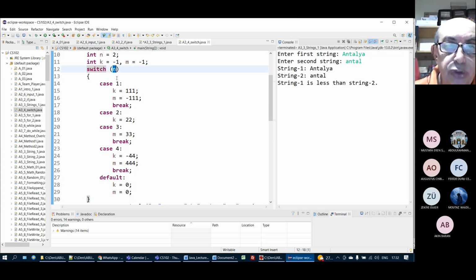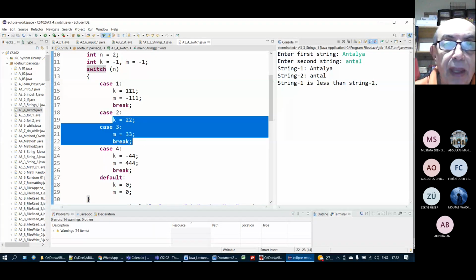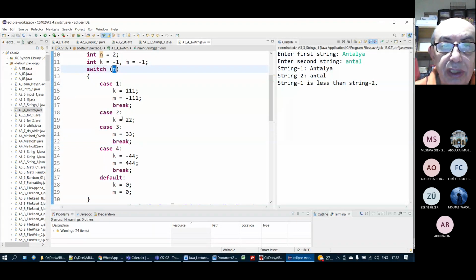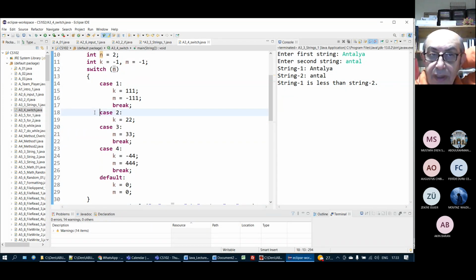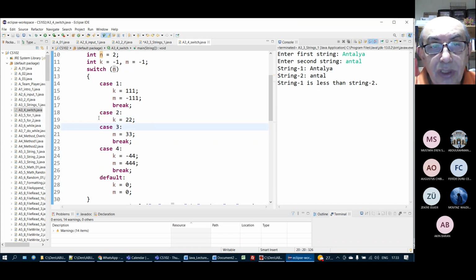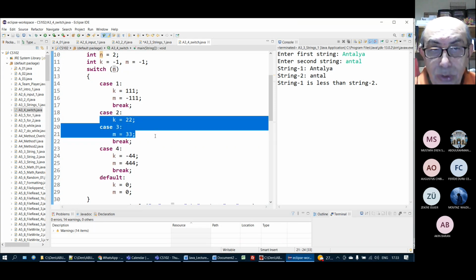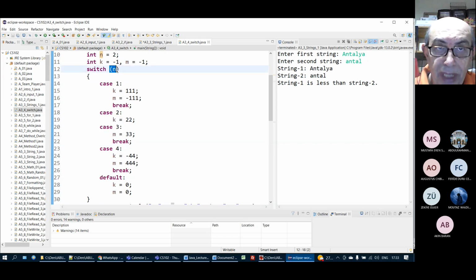If n is equal to 2, it will do this and continue until it finds a break. It will do this and break. If n is equal to 3, it will do this and break. So here, what is the situation in this case? If the value of n is equal to 2, it will assign 22 to k, 32 to m, and then break. If the value of n is 3, it will only do this and